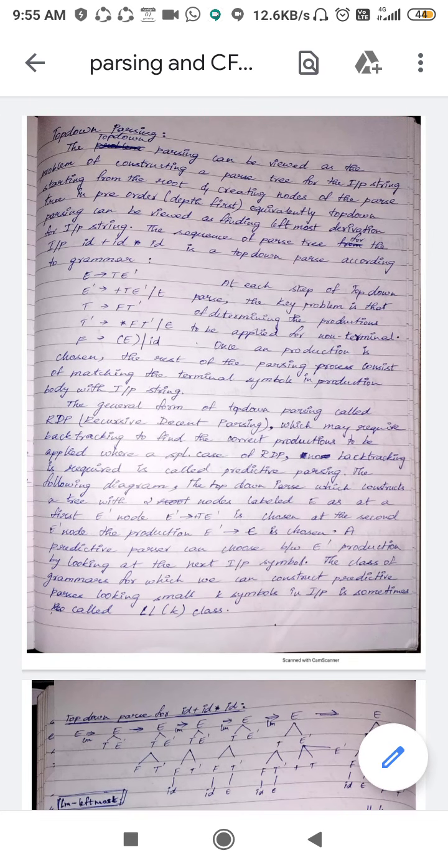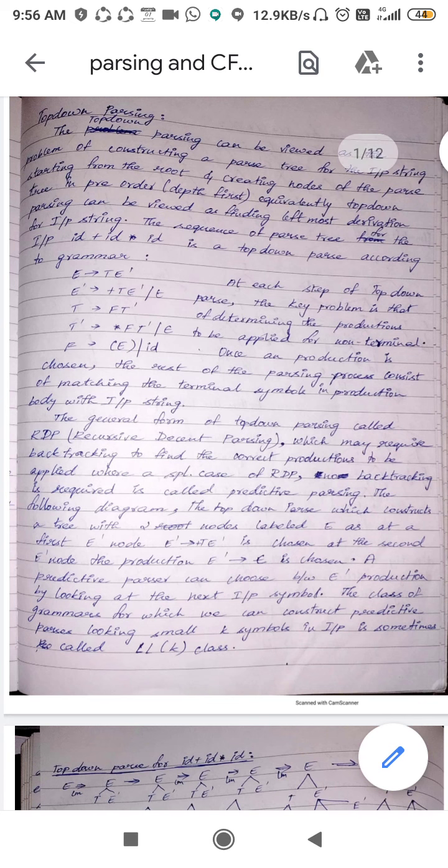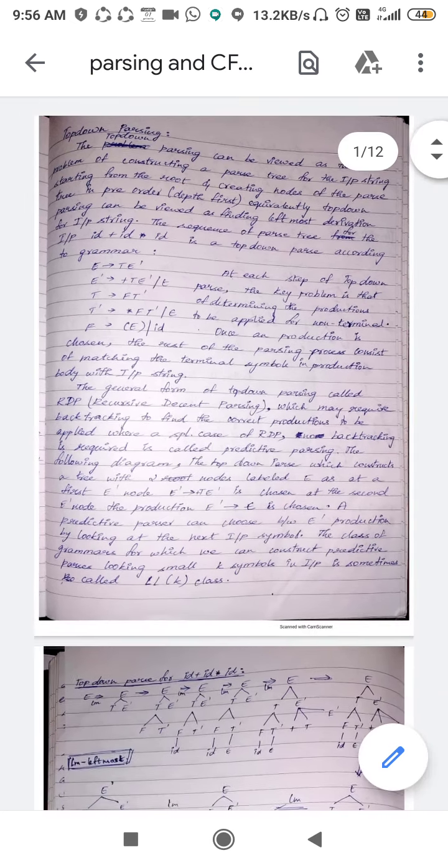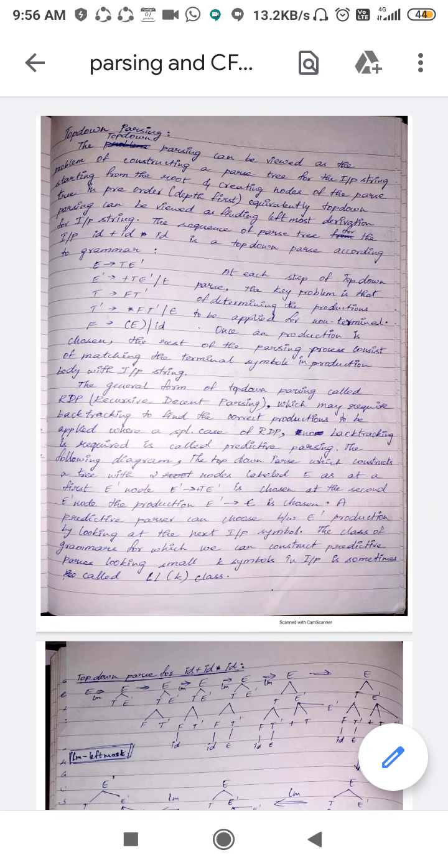These things are very important here, because both top down parsing and bottom up parsing are very important questions. For about 95%, surely we would expect this in university exams. In section B, they used to ask separately, either as top down parsing or else bottom up parsing. Suppose they ask in section C, they used to ask this particular question by combining top down parsing and bottom up parsing.